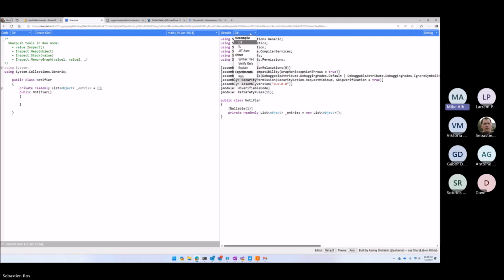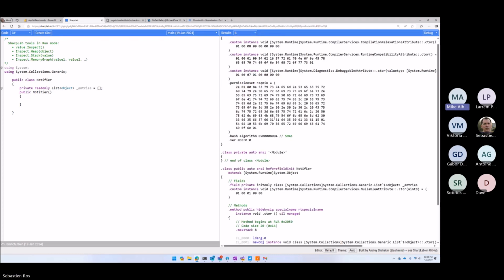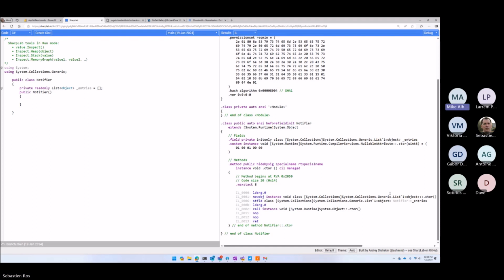Yeah, when you do this, does it automatically initialize it as soon as you initialize the object? Yes, yeah. Constructor. Yes, you see here, invoke the constructor of the list, assign it in entries, invoke the constructor of object, the base. So this code would be, I'm sure, exactly the same. See that, and then if I go to